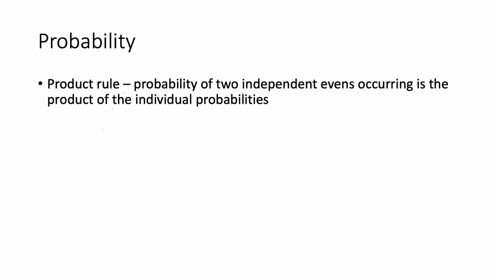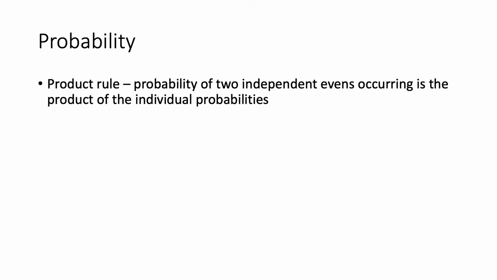Now let's move on to two quick probability rules. These aren't too important for the sake of this lecture series, but if you enjoy math and want to do harder genetics problems, they can be very useful. The first one is the product rule, which states that the probability of two independent events occurring is the product